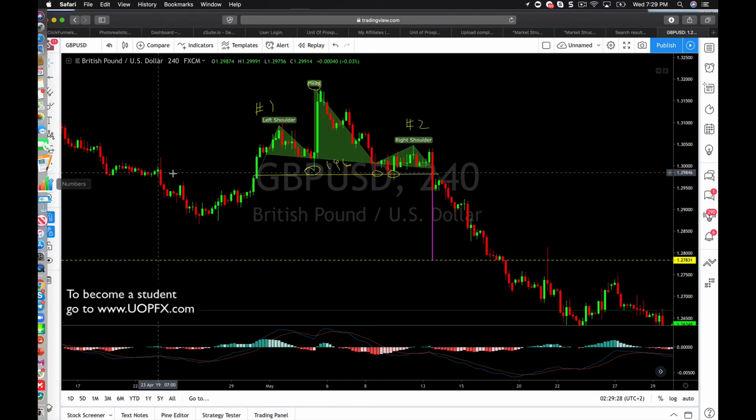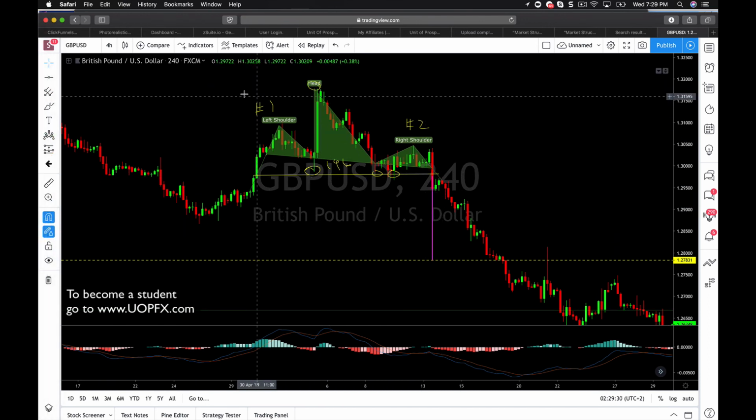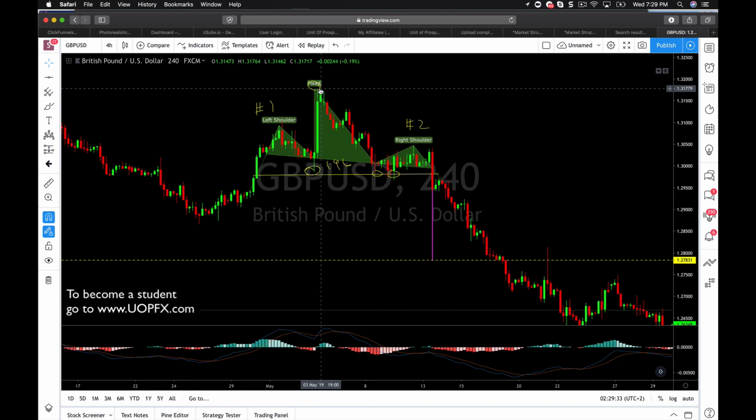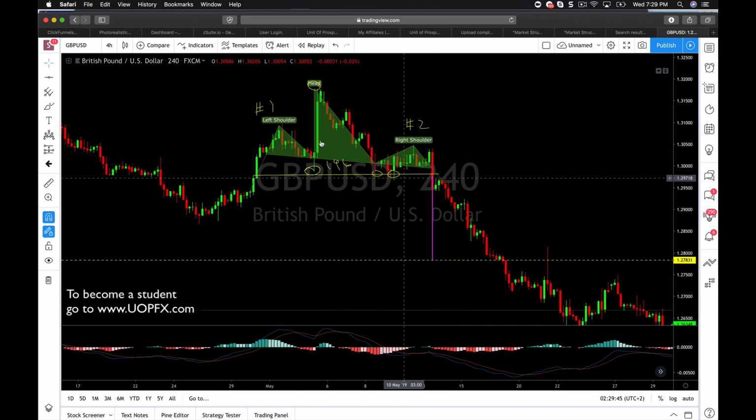You can either measure with the ruler, or you can simply measure with a line. Take a line from here, take it all the way down here, and then you come over to where the candle broke, and you measure from the neckline down to wherever that line goes. So you can just take that line and move it there, and that will be your first take profit.